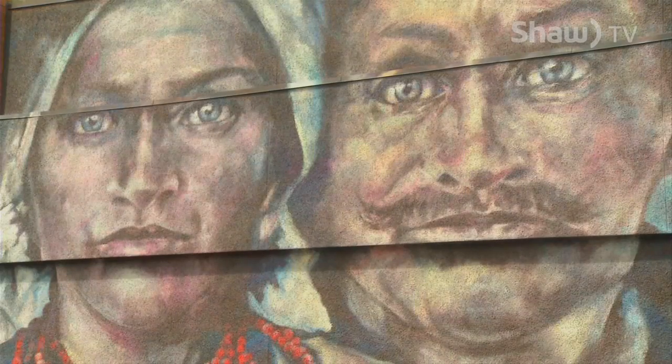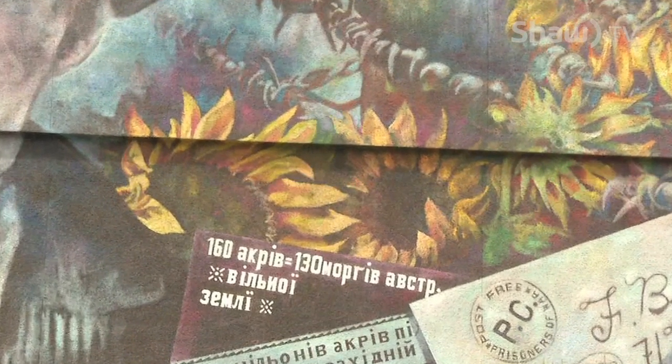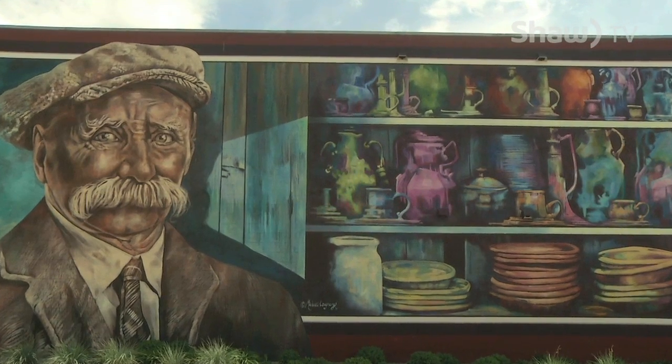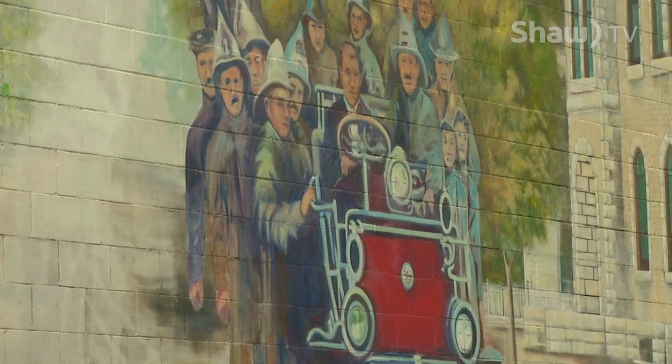This mural represents the Eastern European internees that were in Canada in the 1914 era. This giant wall mural tells an important story about Vernon's history. It's just one of about 30 murals you'll find spread throughout the downtown core. And it all started with one wall and probably a budget, not exaggerating, of about $1,000. But over the years, it evolved into a massive project that brought together people from all walks of life and